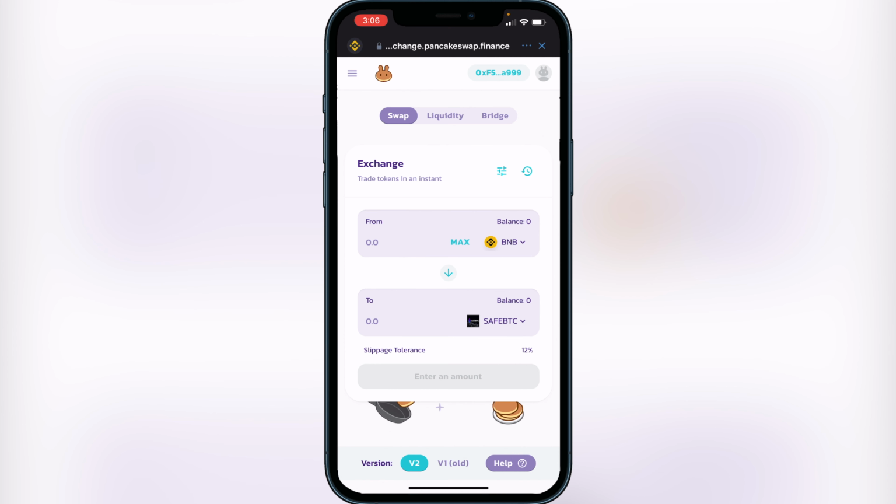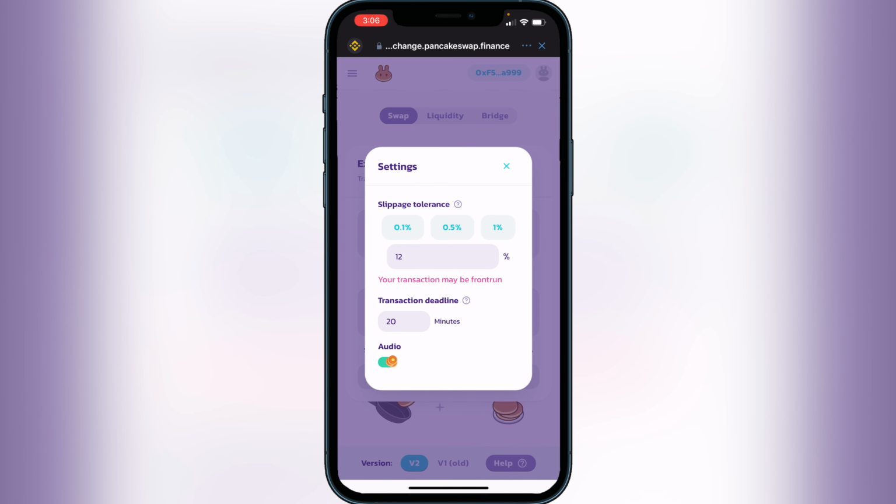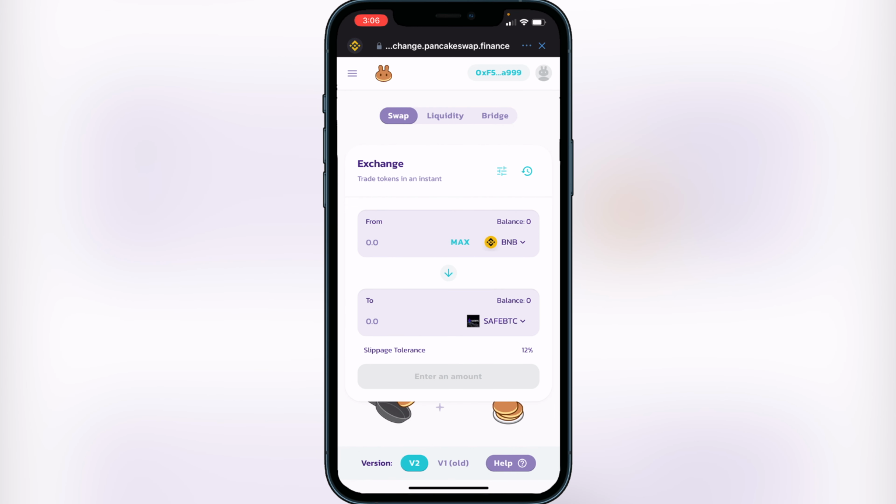Now, one thing I do recommend is setting your slippage tolerance to 12% before you go ahead and try to purchase this. To change your slippage tolerance, you just want to go to the 3 lines beside exchange, click on that, and then you should be able to change the slippage tolerance right here to 12. Once you guys do that, you click on X,